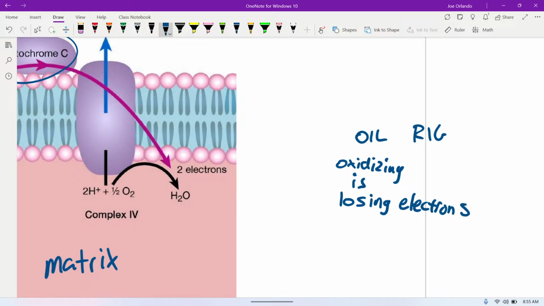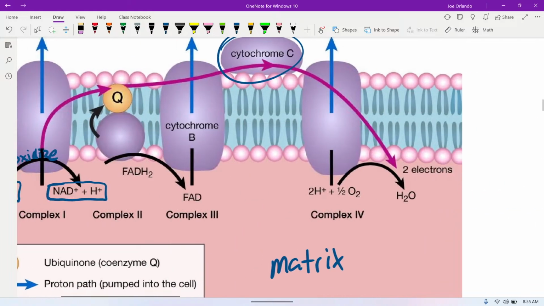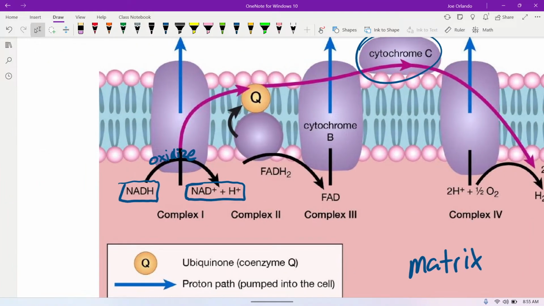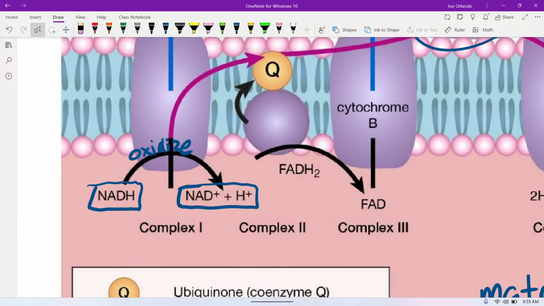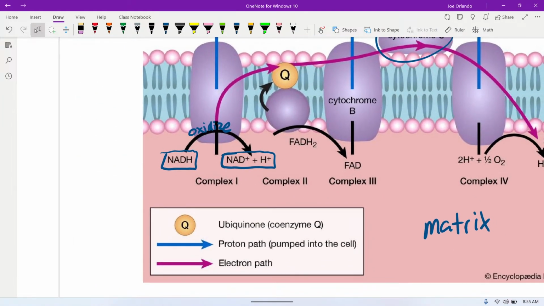You can also say that Leo the lion goes grr. Lose electrons, oxidation. Gain electrons, reduction. But regardless, this is an oxidation reaction, and I hate this diagram because it doesn't plainly show this, but this is all about